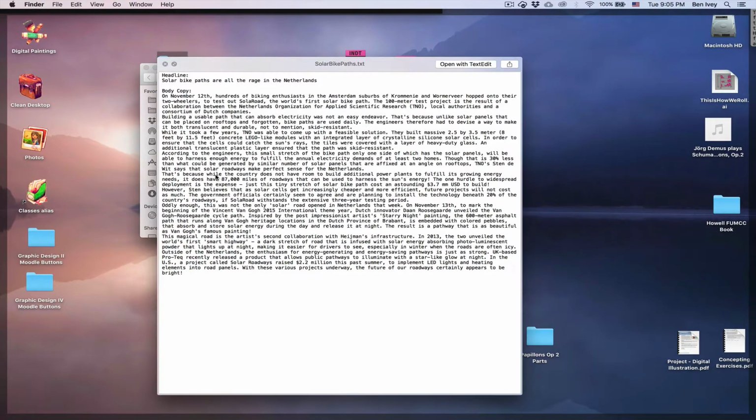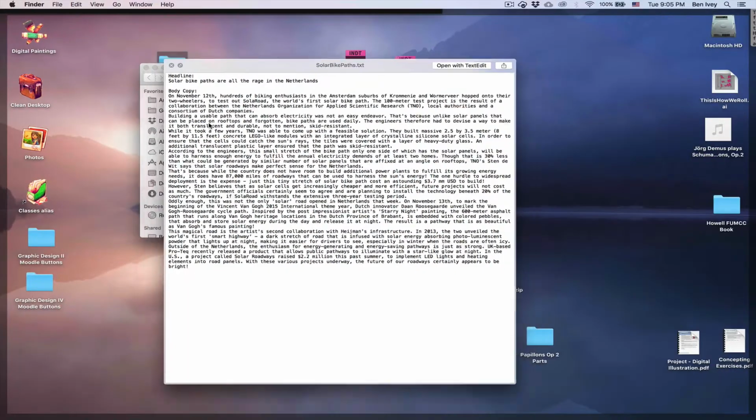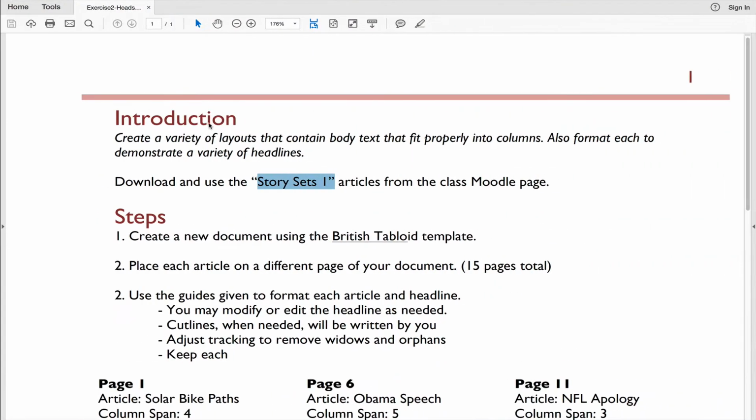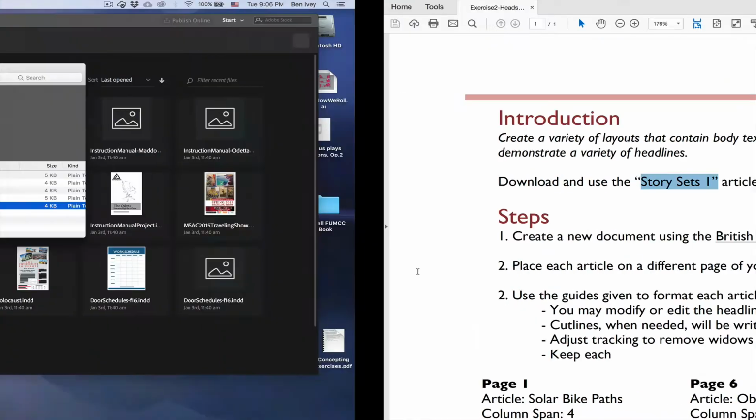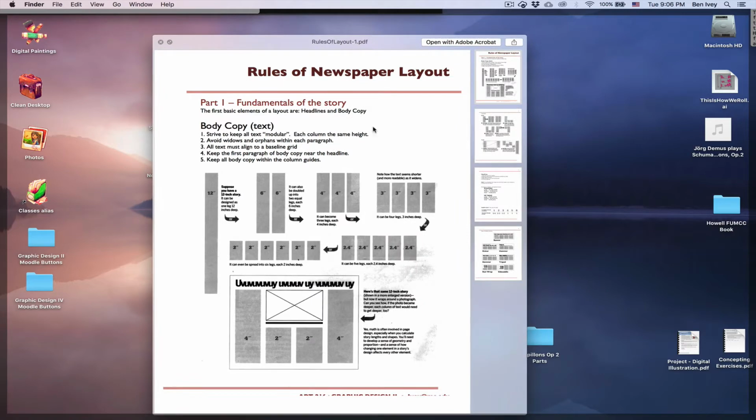If you open them up, they're just a plain text document that gives you the headline and the body copy for each of the articles. The next thing you need to have finished is the British Tabloid template. We're going to use this one, so make sure you've got the correct size and the formatting for all of your paragraph styles. And the final thing you'll need to download are the first of the rules of layout handout